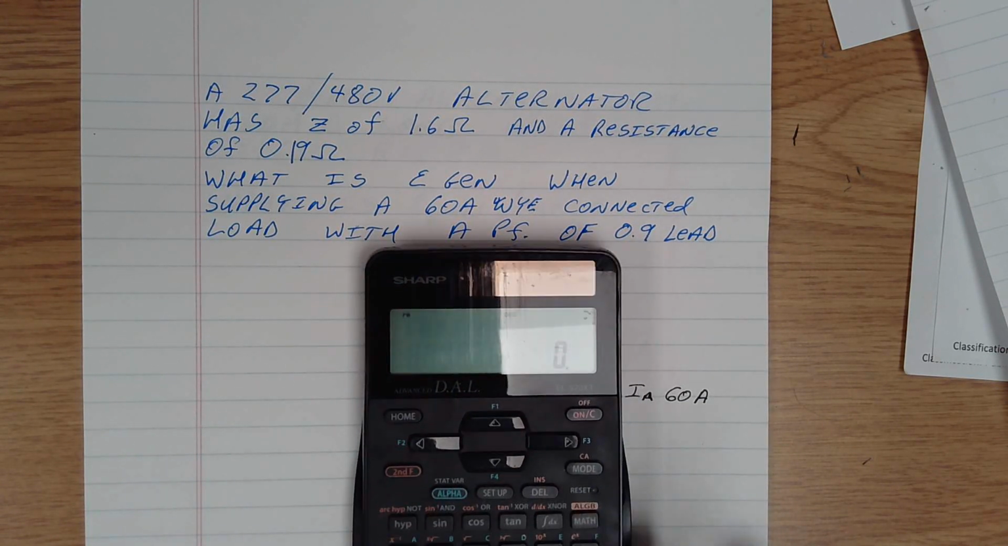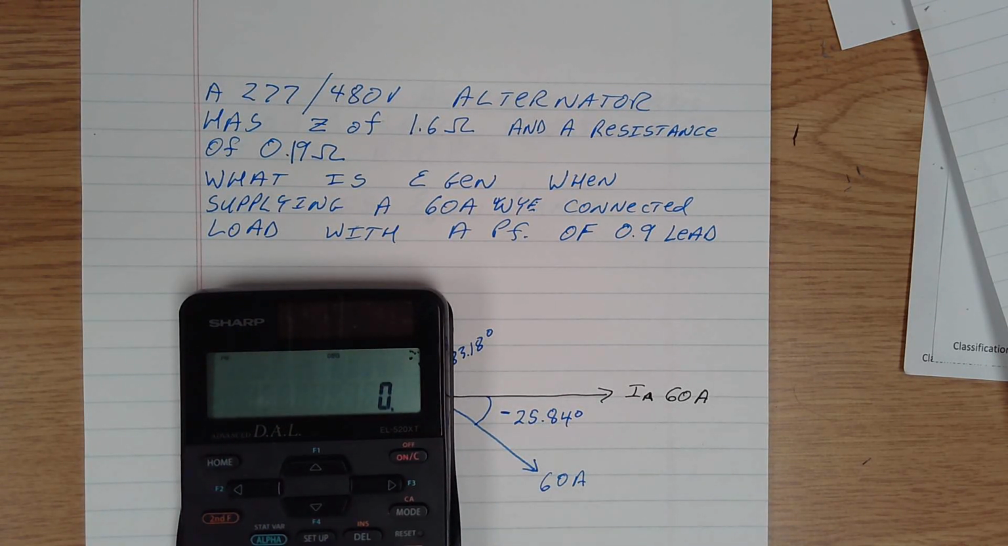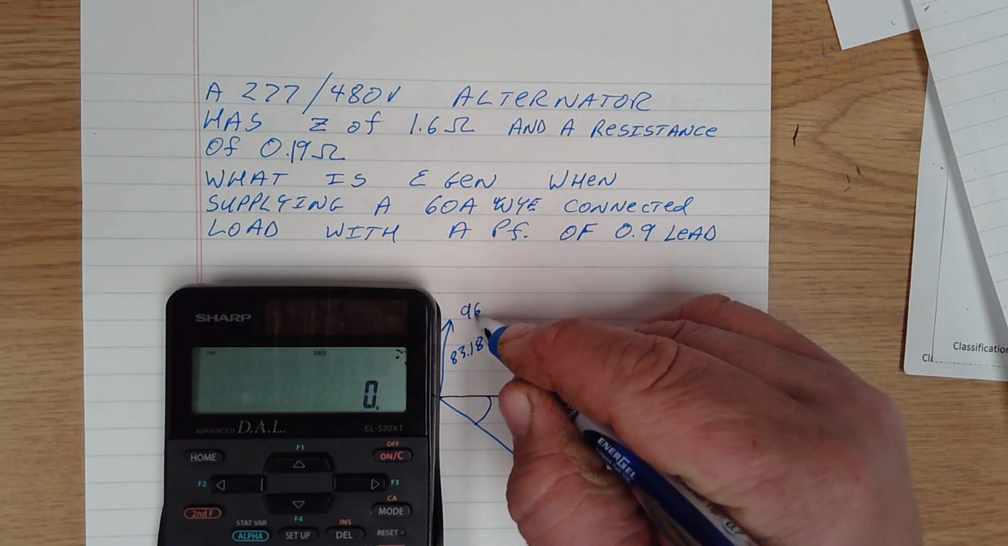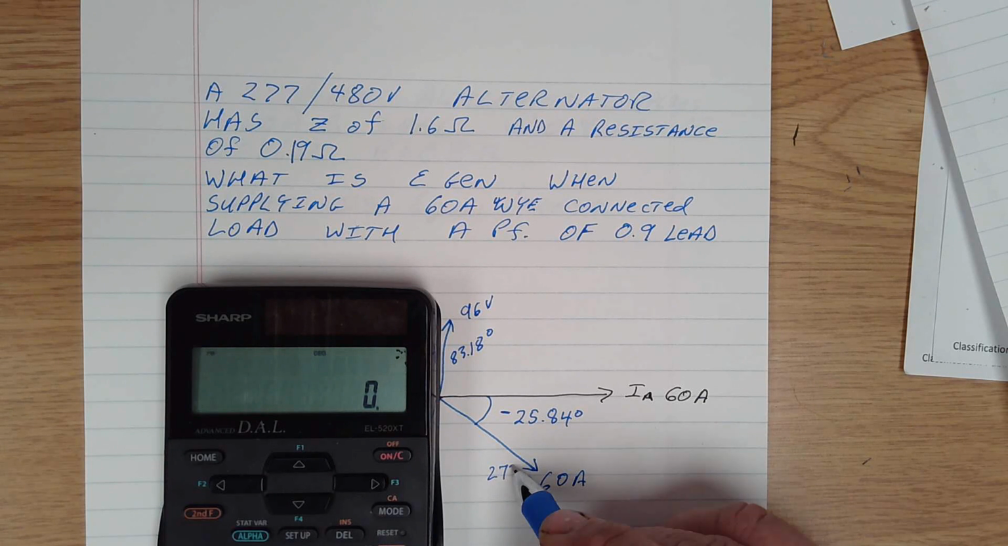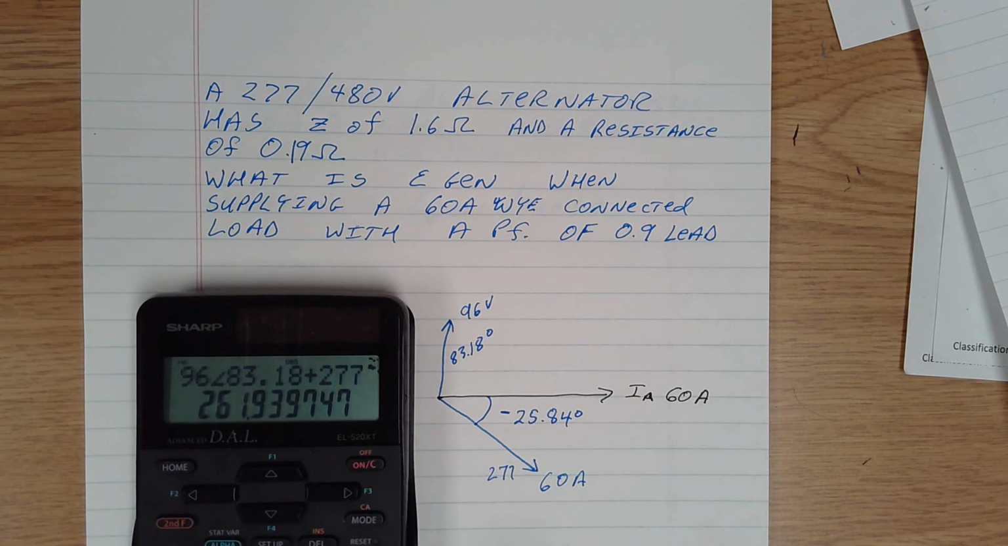E generated, oh, we got a heck of a glare here. There we go. Our E generated is going to be, we still got the same amount of current, so this is still 96 volts. This is still 277 volts, because that's what we're going to set our alternator to run at. So if we go 96 at 83.18 plus 277 at negative 25.84 gives us an E generated value of 261.94